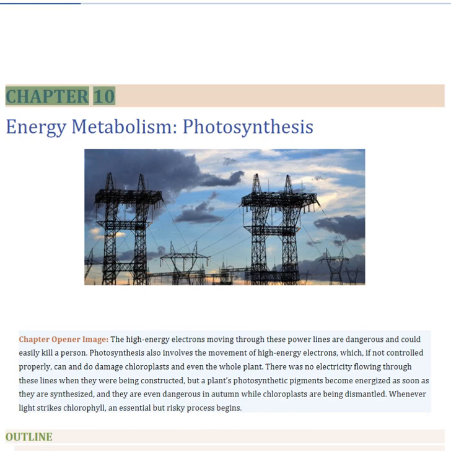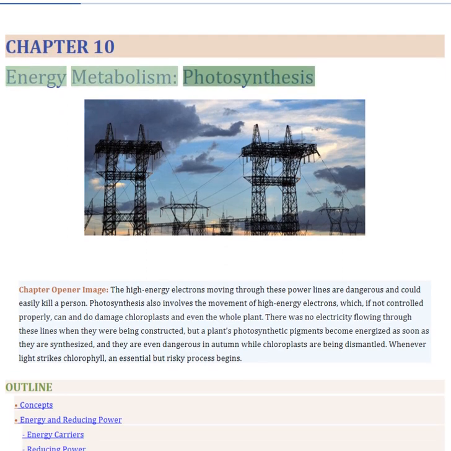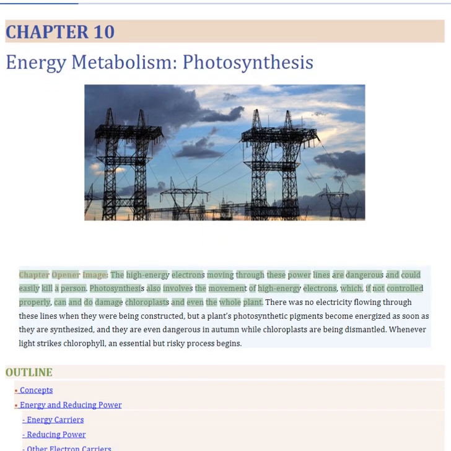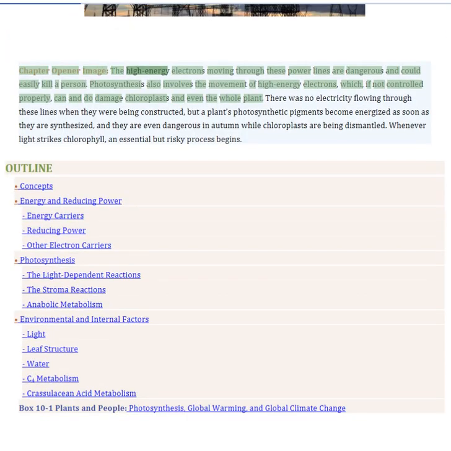Chapter 10. Energy Metabolism, Photosynthesis. Chapter Opener Image. The high-energy electrons moving through these power lines are dangerous and could easily kill a person. Photosynthesis also involves the movement of high-energy electrons, which, if not controlled properly, can and do damage chloroplasts and even